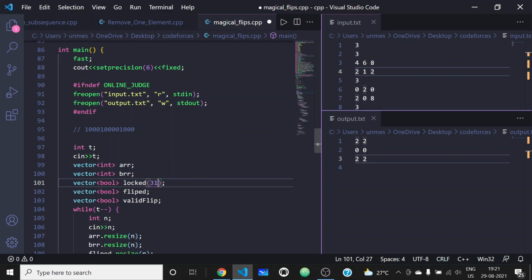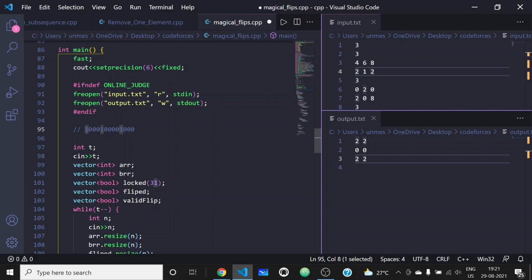So basically it will symbolize whether for a particular bit we have achieved making one in the resultant bitwise AND or not. So just in case this locked is true for some bit, that means that we have found a way to form one at that bit.